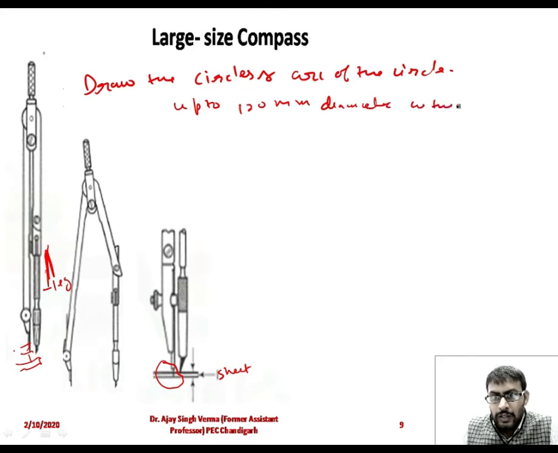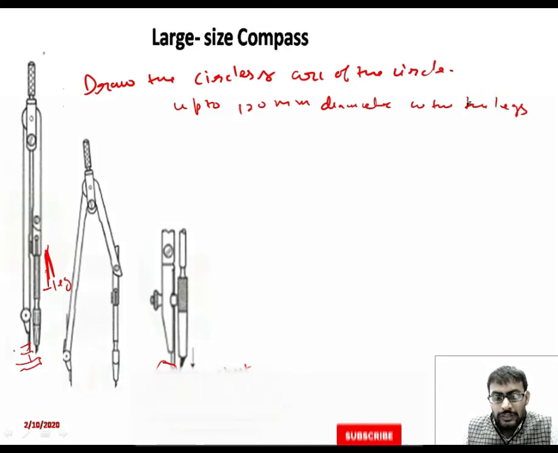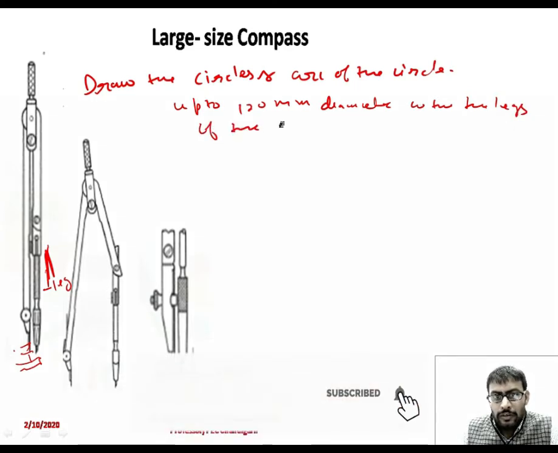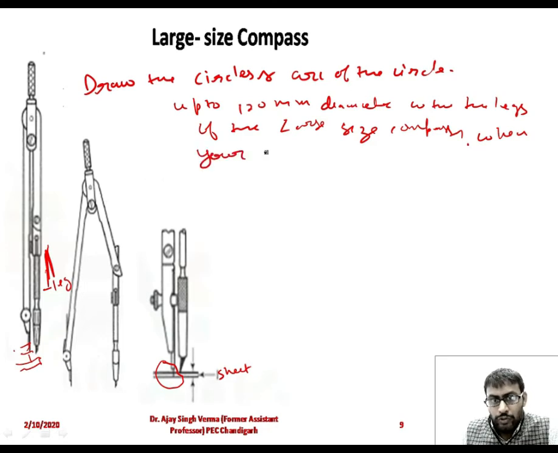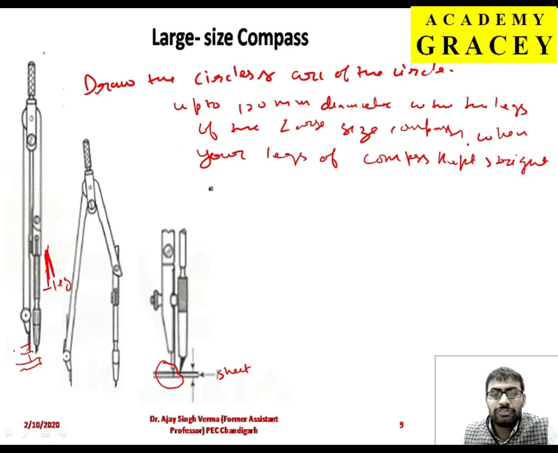With the legs of the large size compasses, these legs should be straight. When the legs of the compass are kept straight, with the help of these large size compasses, we can draw a circle of diameter up to 120